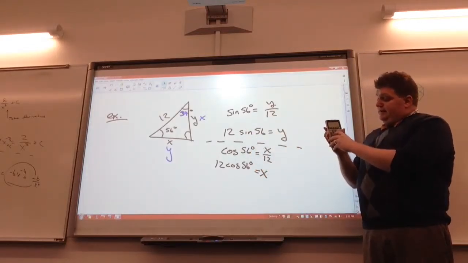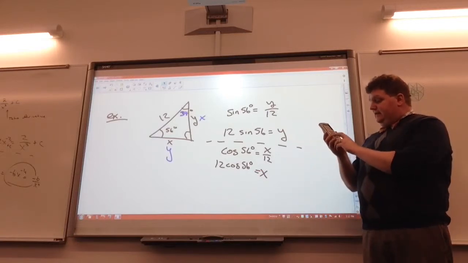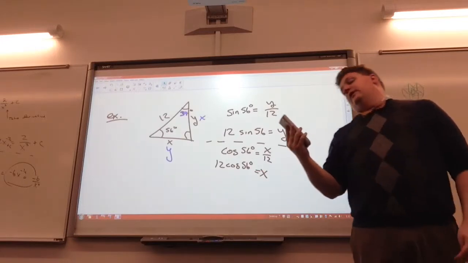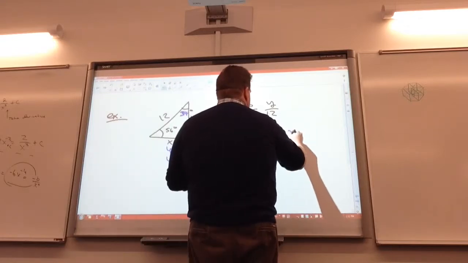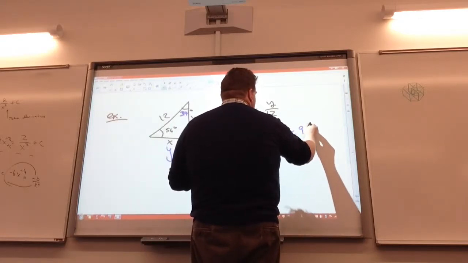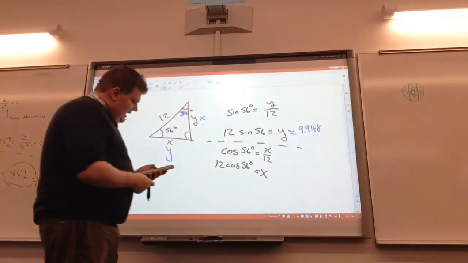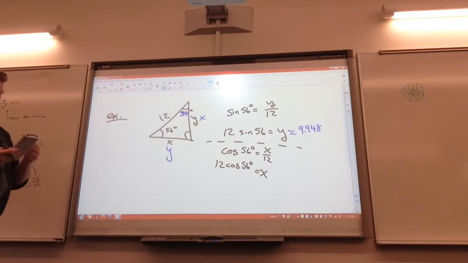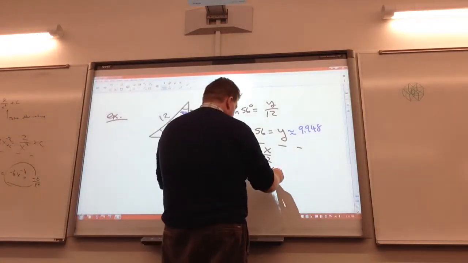Now the calculator's in degrees, and you just enter it exactly as it appears. 12, sine is right there. Sine of 56, hit enter, and the answer is 9.948. So y is approximately equal to 9.948 units in length. And for the cosine, I could use the Pythagorean theorem to find it, or since the calculator is already set up, let's just do it with the cosine, which is approximately equal to